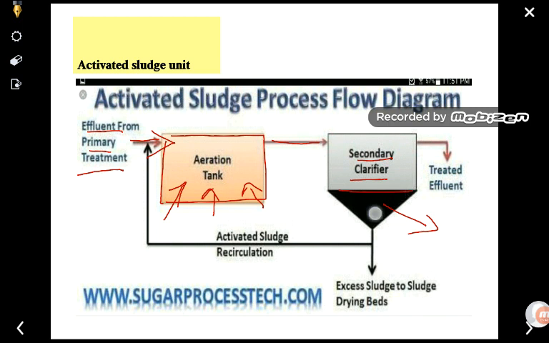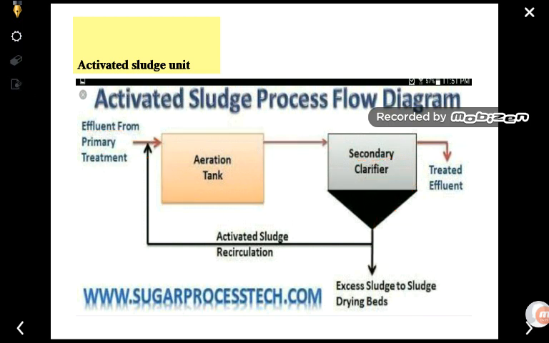This sludge is removed. The excess of the sludge is removed, and a small amount of the sludge is taken and aerated again, and then clarified again in the secondary clarifier, and the rest is used for the treatment of the effluent or transferred to the next tank. In this way the activated sludge process